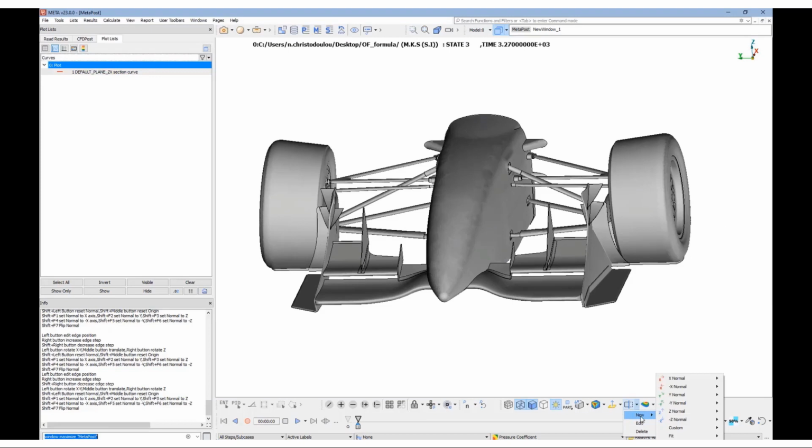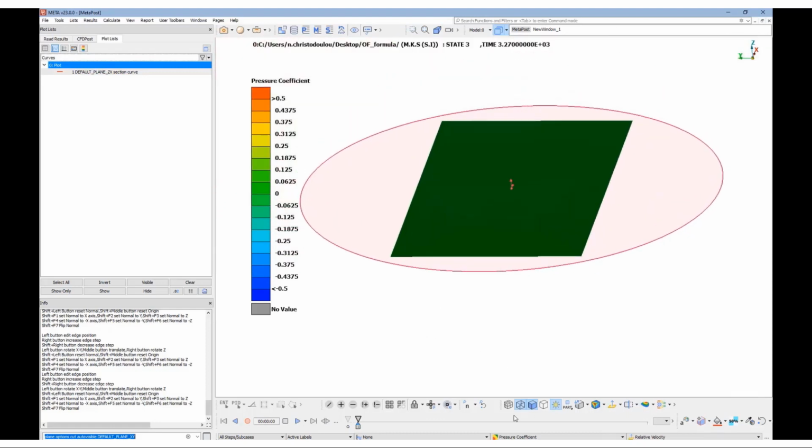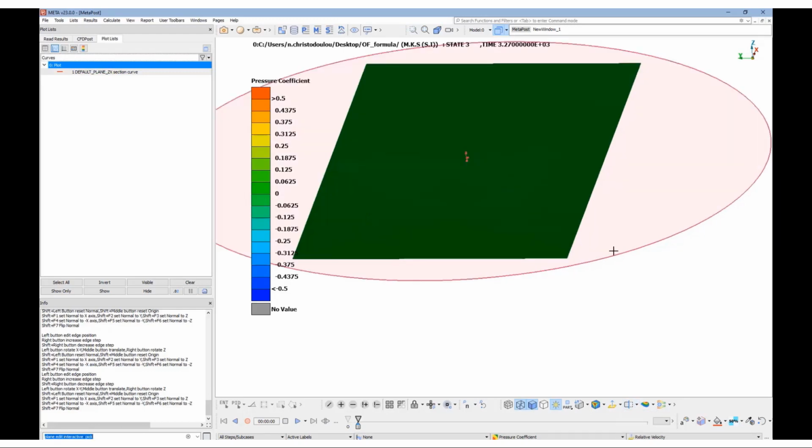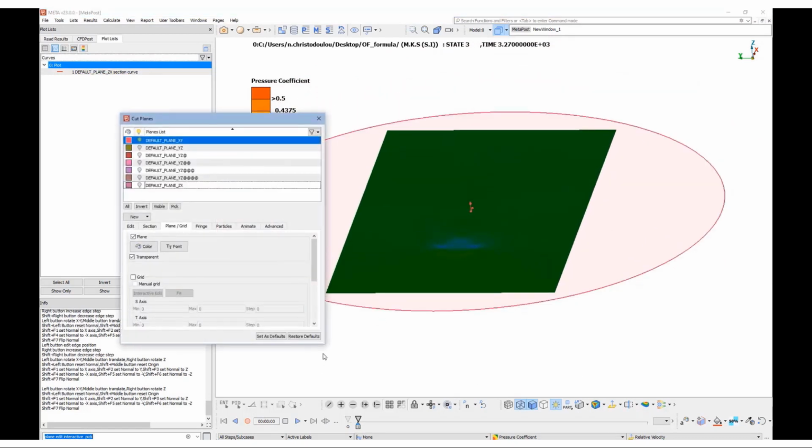We can now create some more cut planes in order to visualize the flow in another frame vertical to the z-axis. This time we do not want to show the model or clip the model, we just want to visualize the cut plane only.